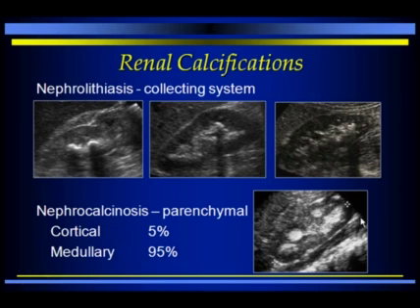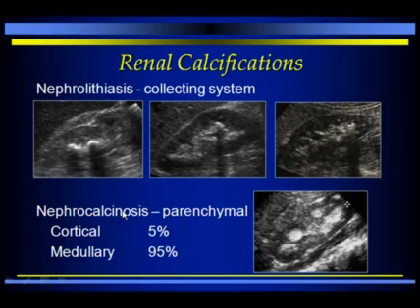Now, having introduced the topic of stones, not all calcifications in the kidney are stones. So first off, some of the calcifications are going to be vascular, and it's important to try to distinguish vascular calcifications from stones. The vascular calcifications will follow the typical course for a vessel, and often there will be two lines corresponding to the two walls of the vessel. But the other type of calcification that's important to distinguish is parenchymal calcification. And so whereas stones or nephrolithiasis are calcifications in the collecting system,